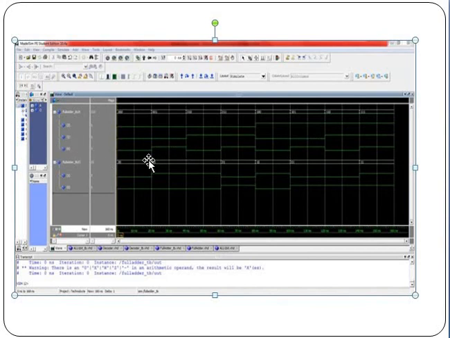And for C, we have taken alternate inputs: 0 1 0 1 0 1 0 1.